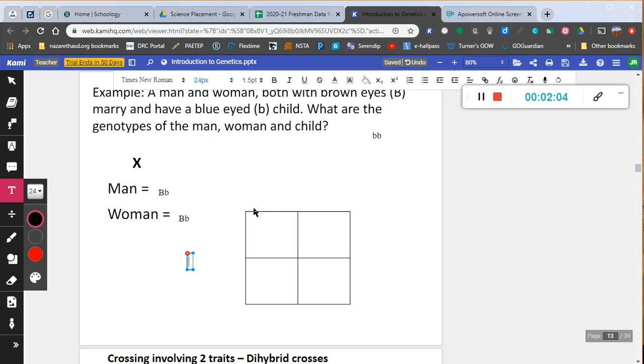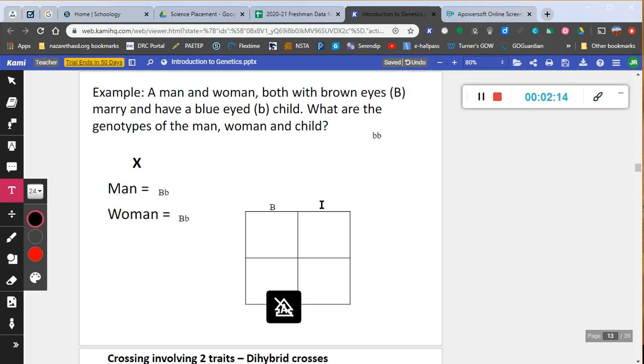And then let's assign those alleles out on the Punnett square and see if we actually come up with a blue-eyed child. So there's our alleles. Dad's alleles up across the top, mom's alleles down here on the side. If we draw them out,